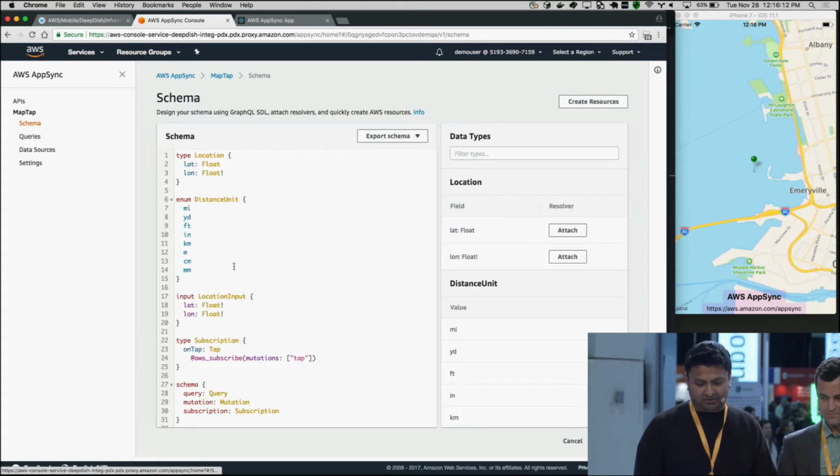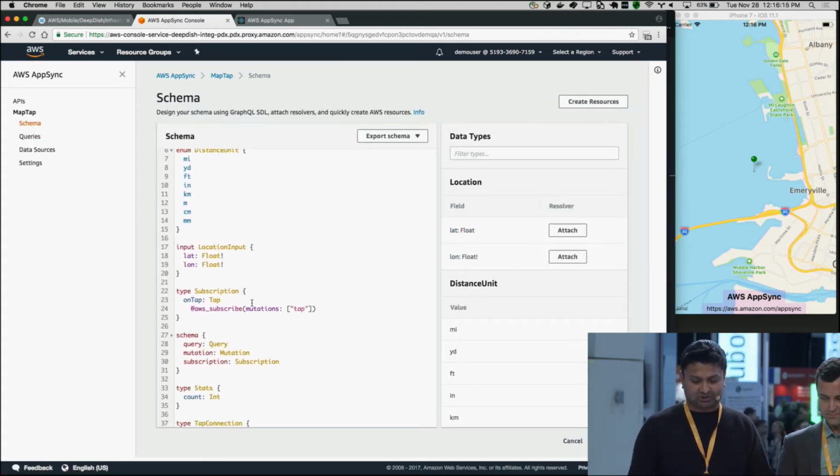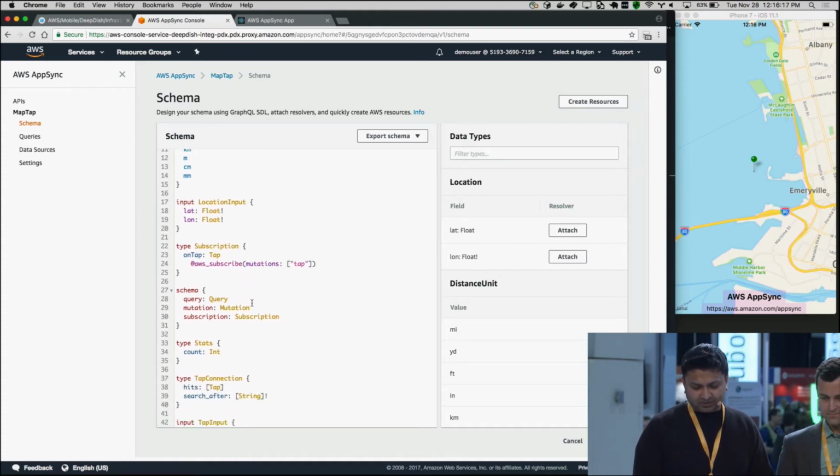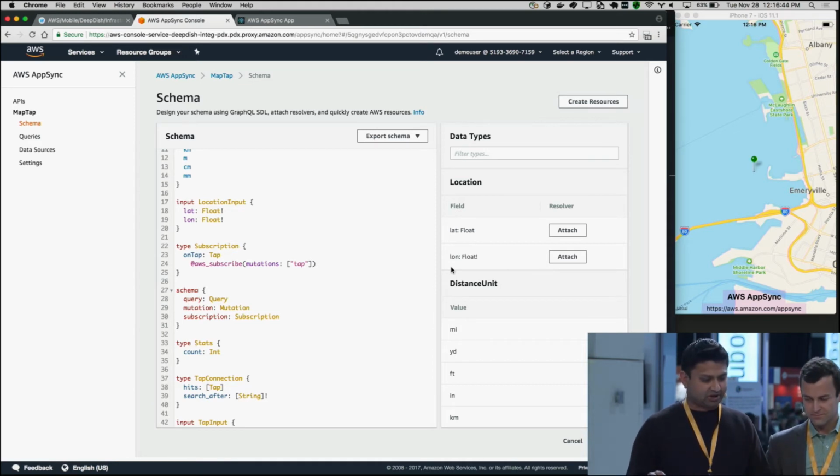So the one part I didn't cover yet was subscriptions, the real-time piece, like how am I sending data back and forth. The way you do that is you have a subscription type, and you attach this subscription handler to a mutation. So with AppSync, you don't just get an arbitrary stream of events that are happening across the server. You're getting events that you're interested in, only in response to changes that you're interested in. So in this case, all we care about is the tap mutation, right? So anytime I tap anywhere, and it doesn't matter what data source it's on, we completely abstract away the concept of data sources,